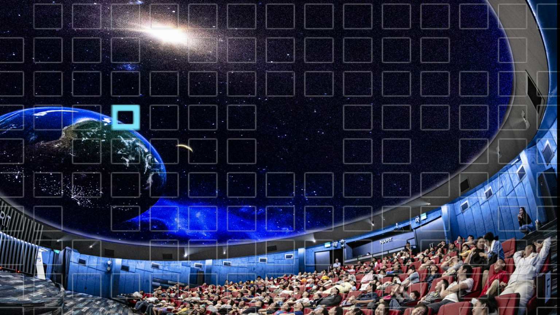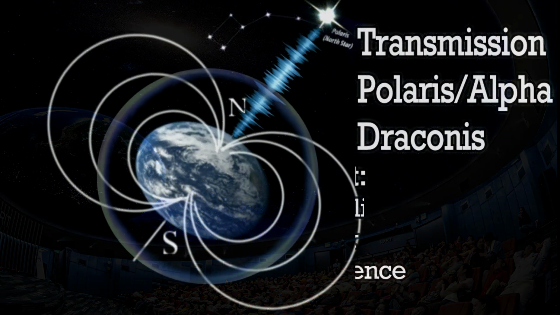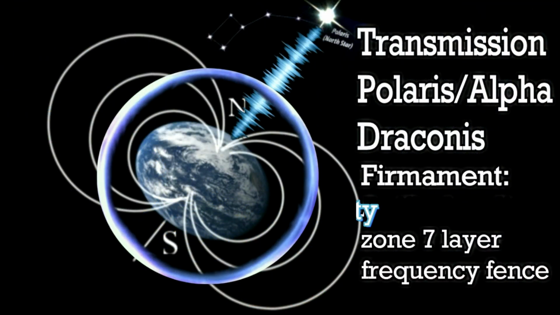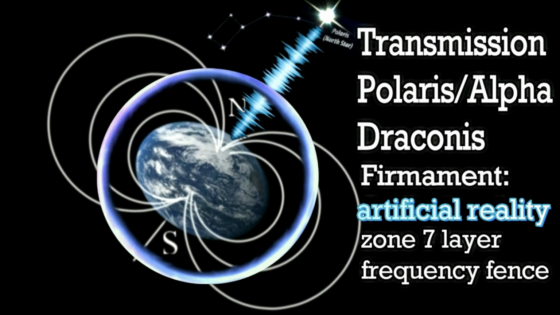What is being done here is scalar mapping. So the firmament is facilitating this 7-layer frequency fence. What we're seeing, and we're not spinning, okay? We're not going around the sun and all that stuff. All this stuff is occurring under that frequency fence. Okay, let's just say these are transposition fields that are created within this Eka-Veka system,